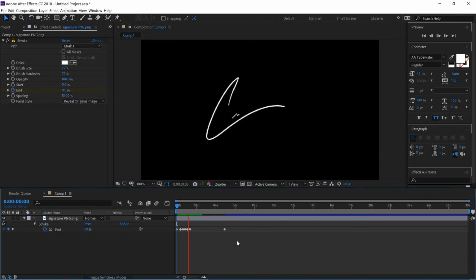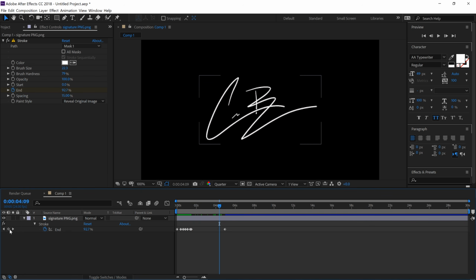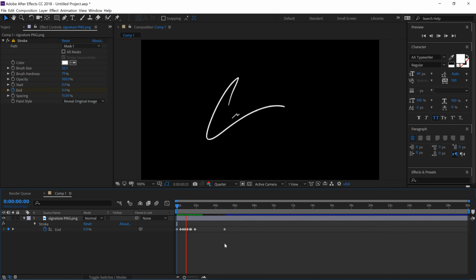So we have the C, a squiggly, a B, and then the B is gonna draw pretty slowly as well. So I'm gonna find out where that B ends, which is right here. I'm going to copy this keyframe so that I have a tiny bit of a pause, but not too much. So I'll put it really close, paste it. I'm gonna find out where the B ends, which is here, but I wanna make sure I'm not getting that squiggly line. I'm gonna set a keyframe. I'm gonna drag it closer, but not too close because the B takes a little bit longer. Hopefully that makes sense to you guys. So now it's gonna animate nicely with the C, the squiggly, the B,